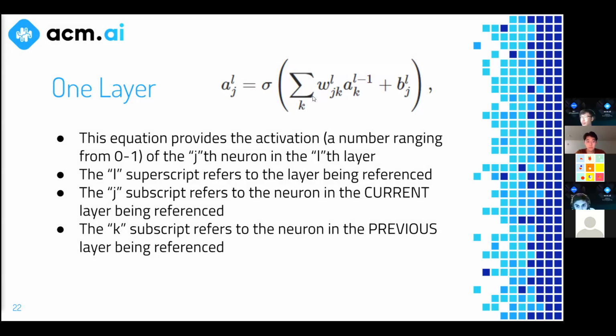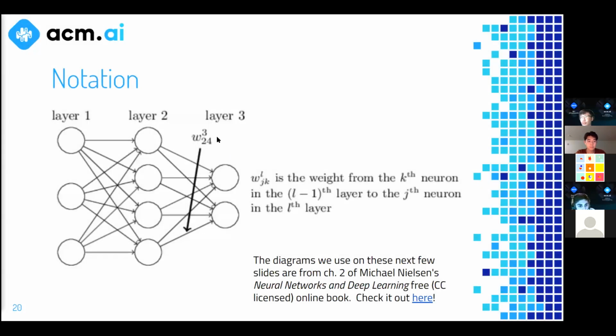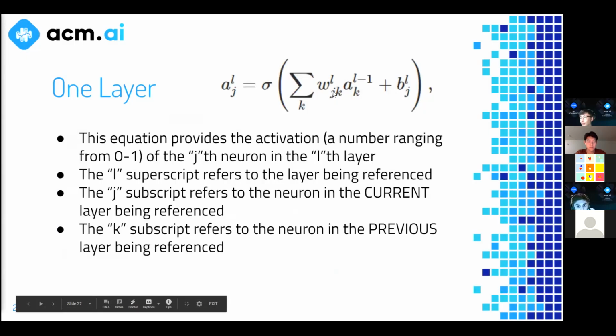So what that means is that we're going to iterate over k neurons, and this k refers to the number of neurons in the previous layer, right? Because if we recall, this second subscript here refers to the neuron in the previous layer, right? So when you see this W_jk, it makes sense that you're iterating over the number of neurons in the previous layer, okay?